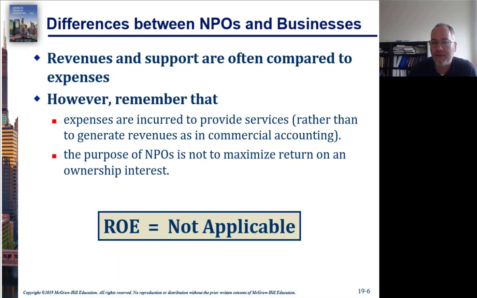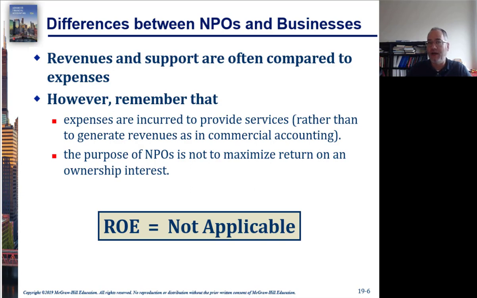So when we're talking about not-for-profit organizations, when you compute income, what you would do is revenues minus expenses. And so ratios of expenses to revenues, for example, return on equity would be net income. Net income is calculated by subtracting expenses from revenues. So that comparison is very important, especially in for-profit companies. But when we're talking about a not-for-profit organization, then the relationship of revenues and expenses is actually completely different, because